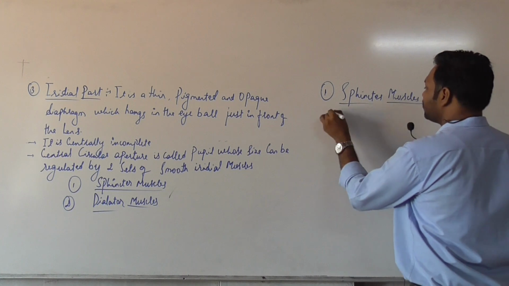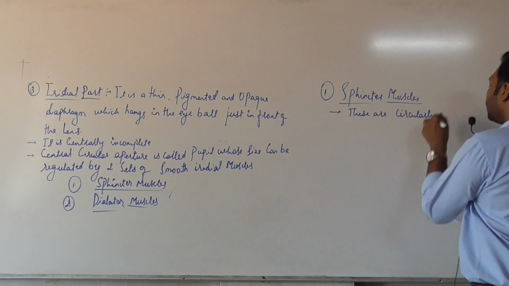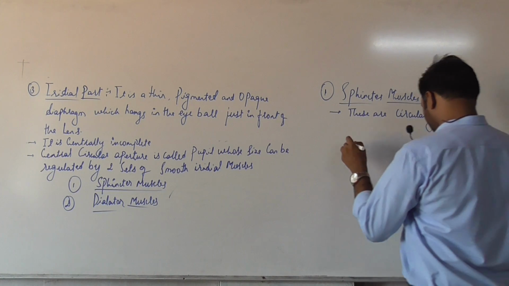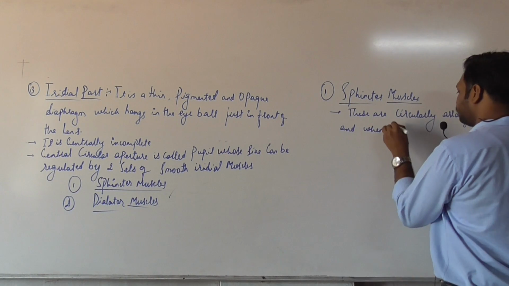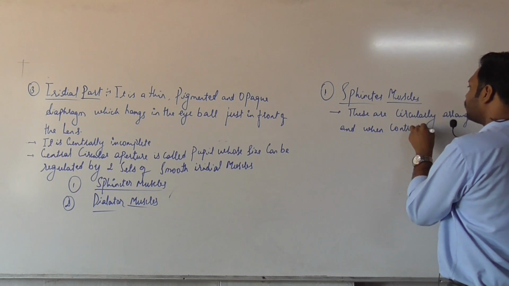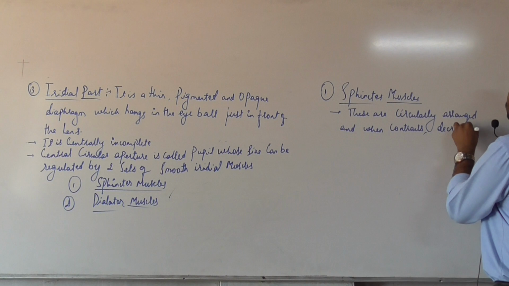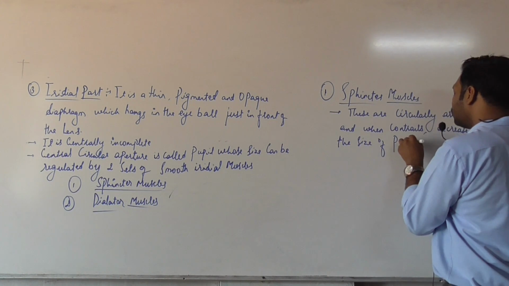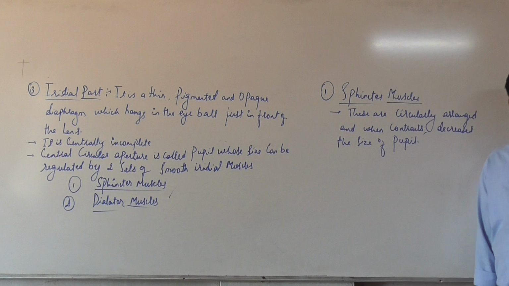These are circularly arranged, and when they contract, they decrease the size of the pupil. Means on contraction of the sphincter muscle, the orifice or the space which is called the pupil will be decreased. The next